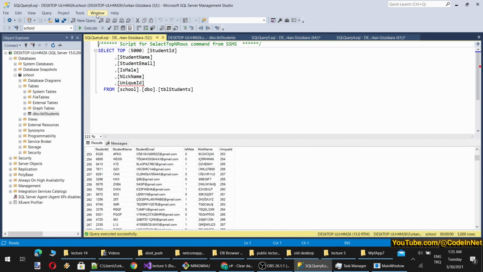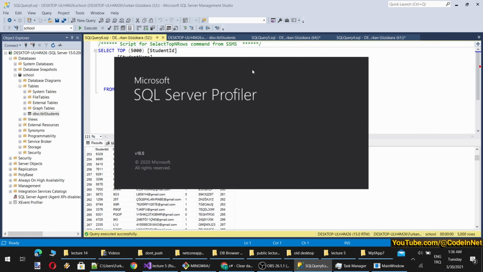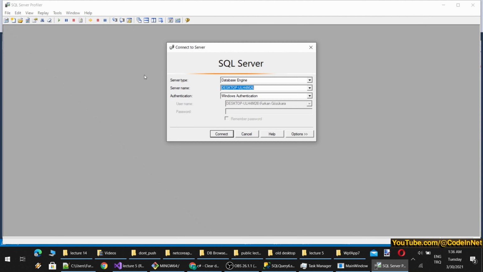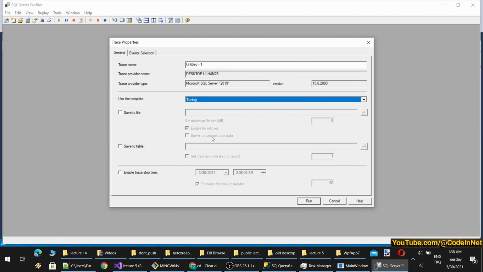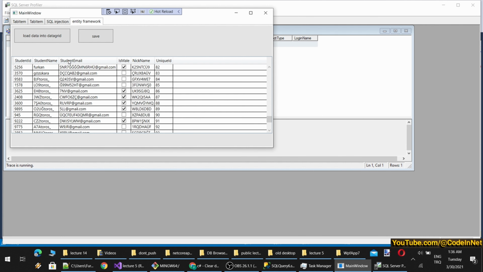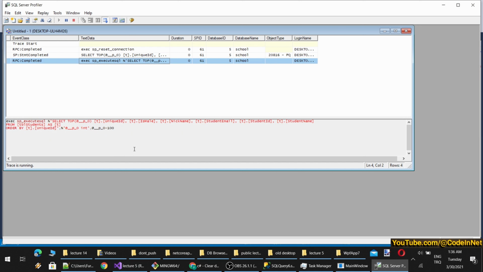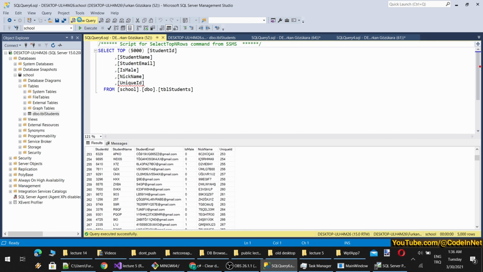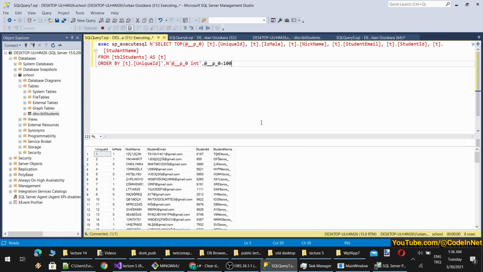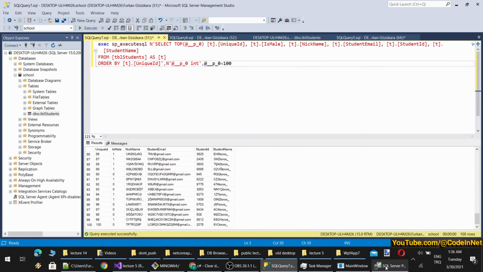Okay, great. So how does it work? Let's see the queries that are being executed. Let's open the SQL Profiler and I will open tuning. See? Okay, so when I load, let's see what happens. Here is the query. You see it's selecting top P0 parameter, which is 100 here, as you can see, and T unique ID, T is mail, and what is T? T is TBS students. You see, I can execute this exactly as here, and it should work.